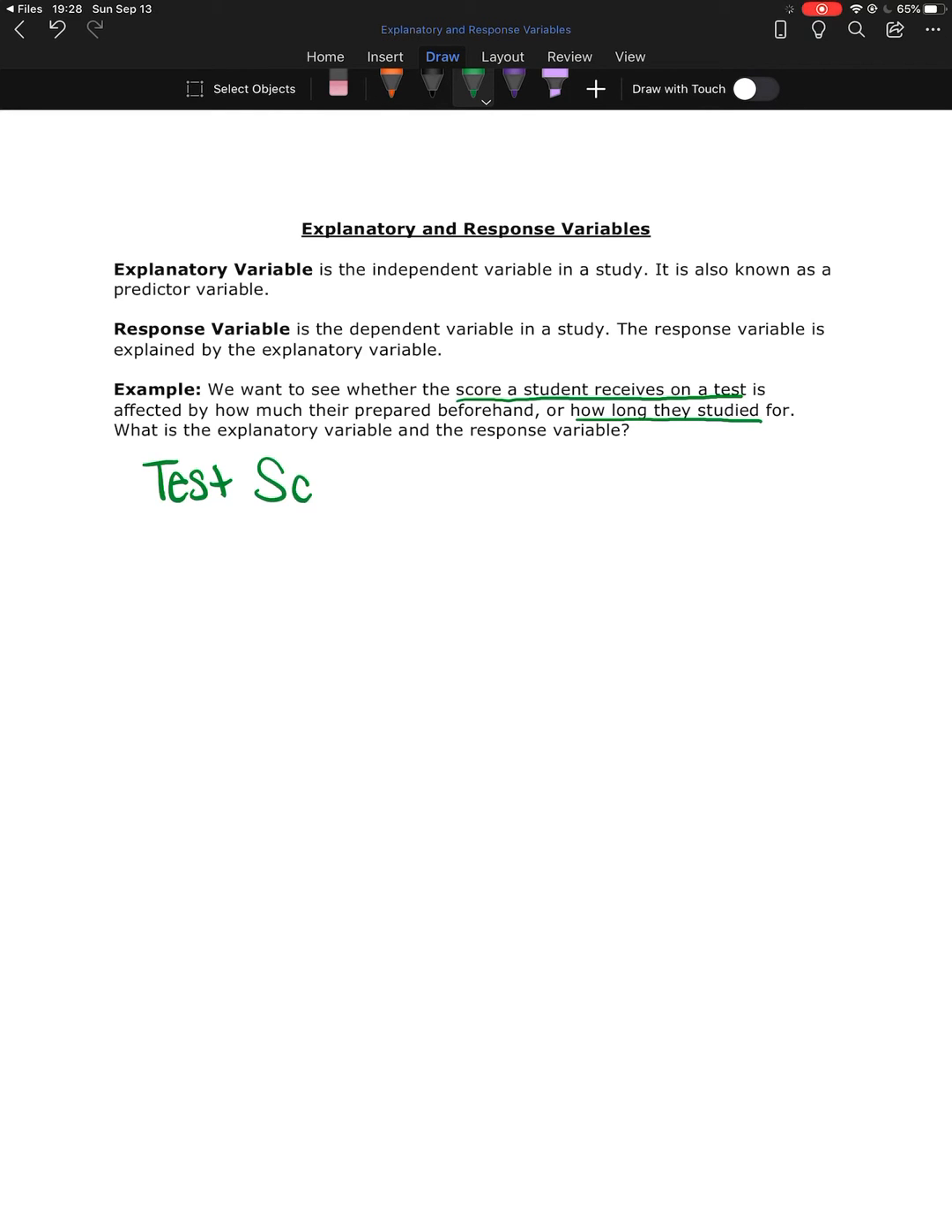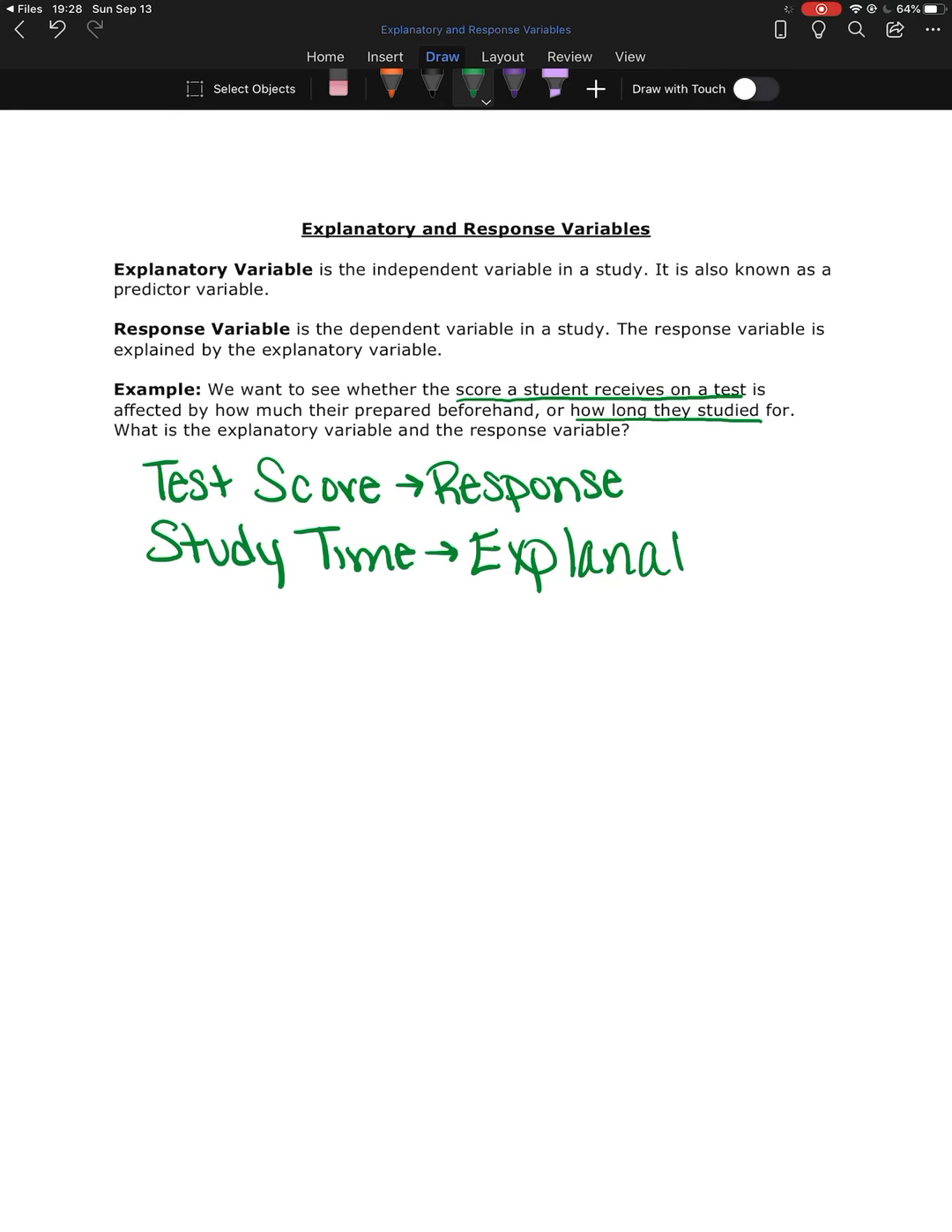So their test score is our response variable. Their score on the test is in response to how long they studied. Then their study time, or how long they studied, however you want to write that out, is our explanatory variable, because the test score changes based on how long the student studied. So that is a quick introduction into